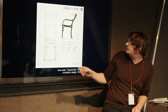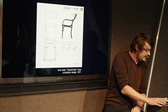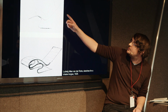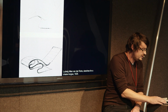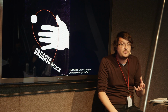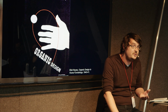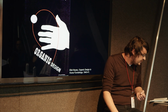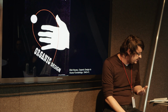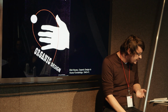I love Alto's sitting and resting man smoking his little pipe there. Here, Mies van der Rohe's drawing of the posture of the person on one of his sinuous S-curve chairs. But by far the most important figure in this story is Breuer's student and star pupil at Harvard, Elliot Noyes, who became the first curator of industrial design at the Museum of Modern Art in 1940, and